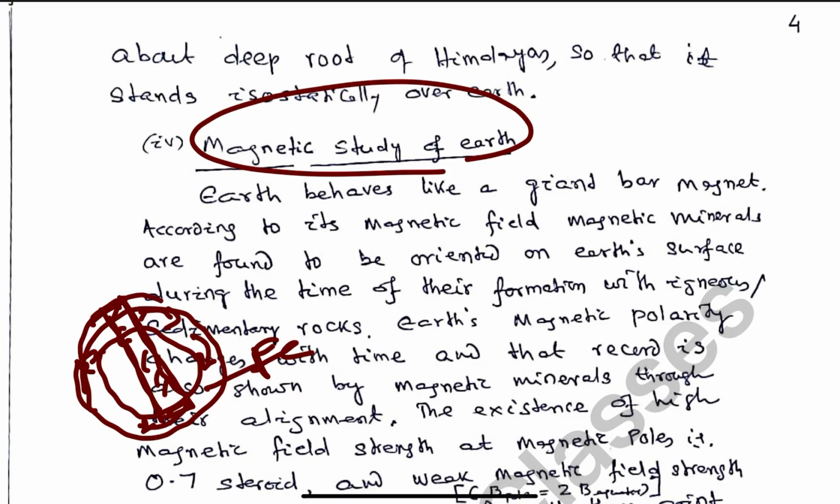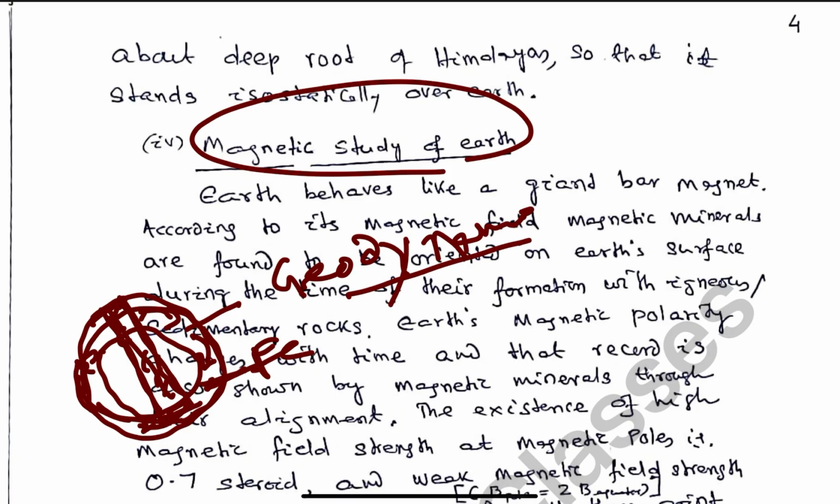So Earth behaves like a bar magnet. It is possible because of the presence of the liquid iron core, where this iron is behaving like a geodynamo effect,